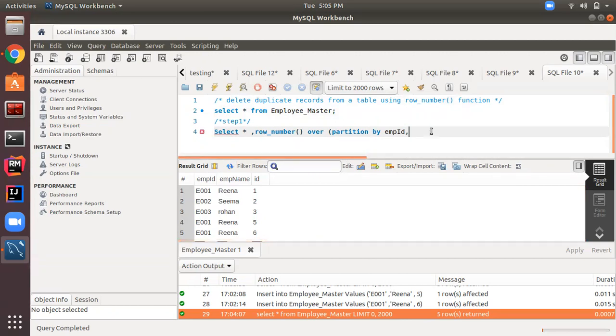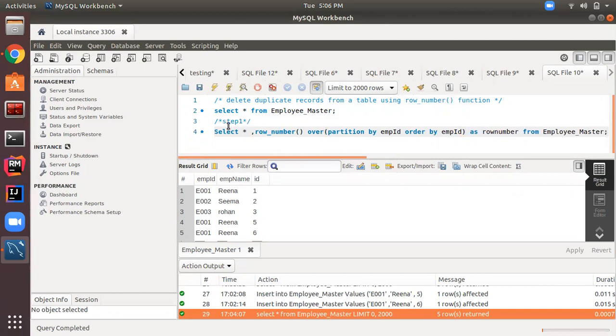Then order by employee ID, from employee master. I give this column the name row number. So this is the syntax.